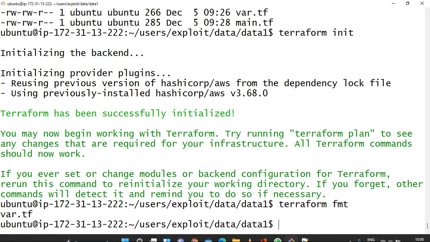Now we will have to execute the command terraform validate.